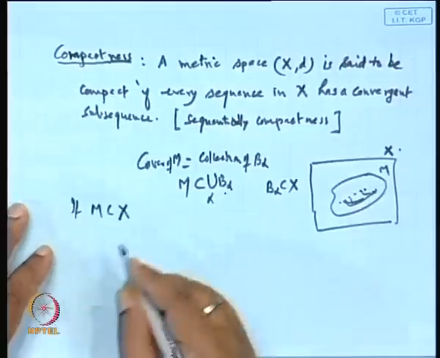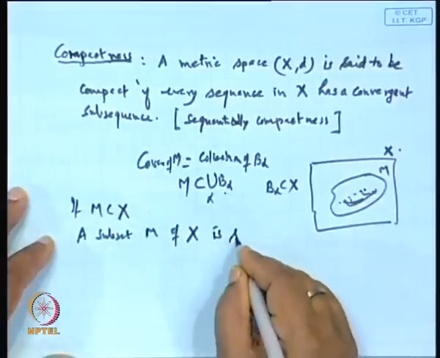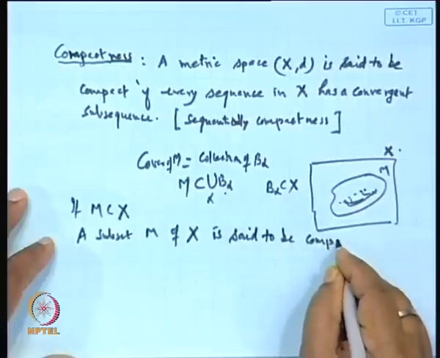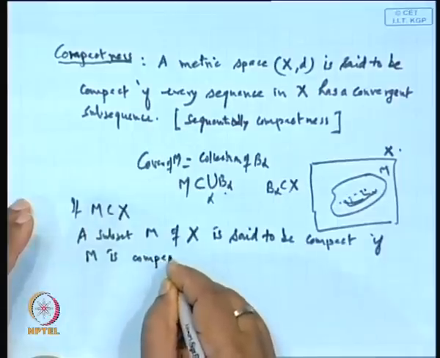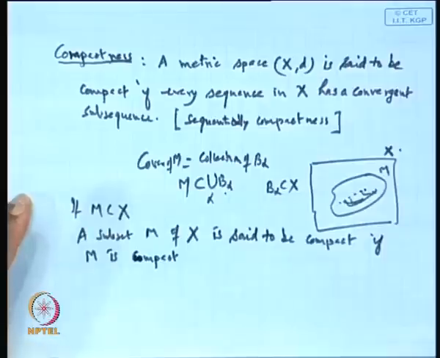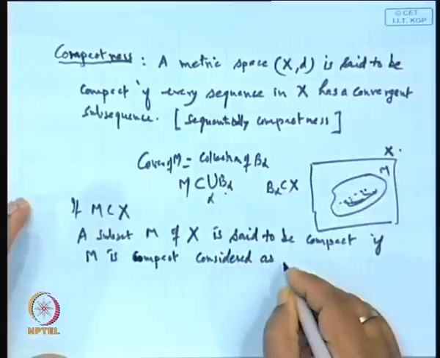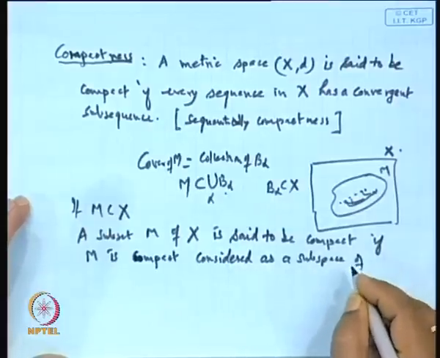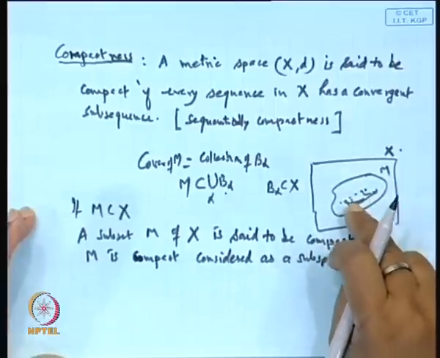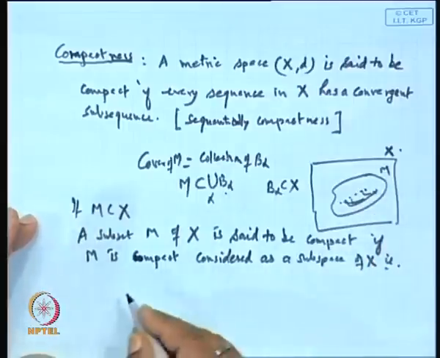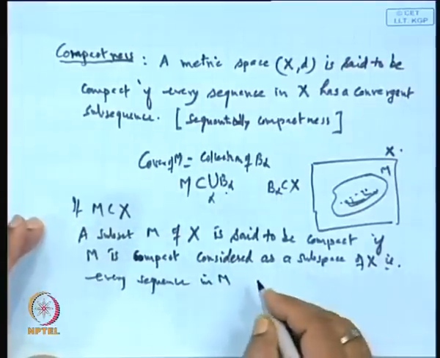We say that a subset M of X is said to be compact if M is compact, considered as a subspace of X. The meaning of this is that every sequence in M must have a convergent subsequence,